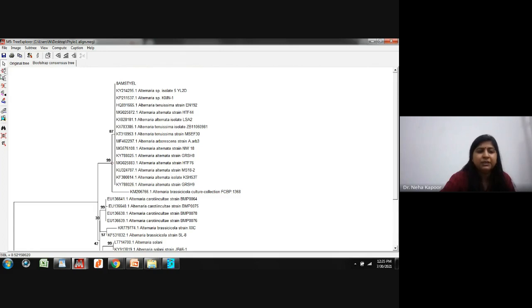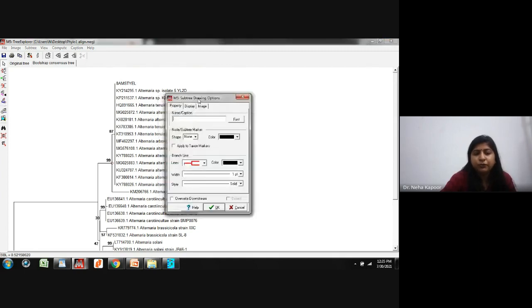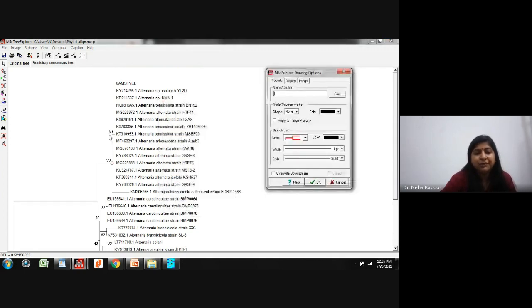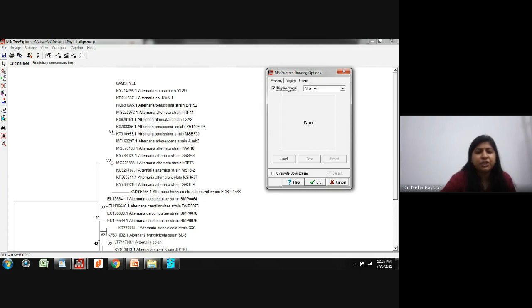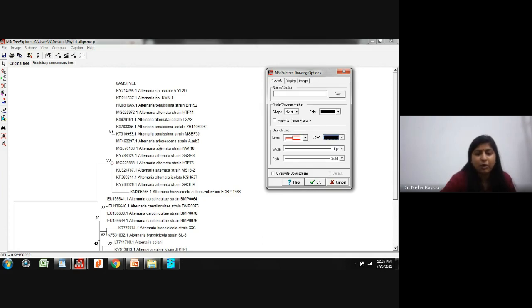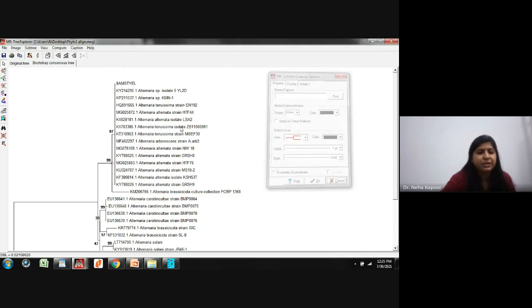So you can perform all these things depending upon your requirement, how you want to present your tree. You can flip the subtree, swap it. You can place the root. Herein you can see other tabs also. If you want to cluster the tree together, or give captions, you can mention it. If you want to further change the nomenclature also, as you can see, you can do that.